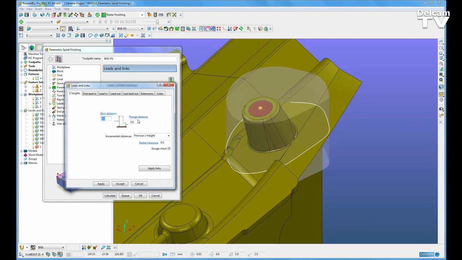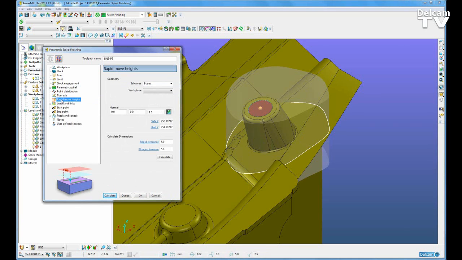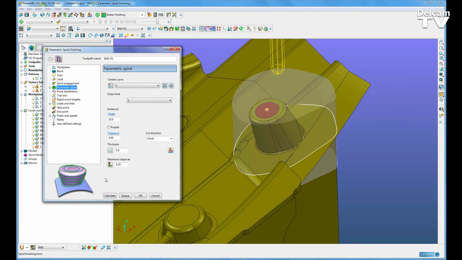I'm using an automatic tool axis, so the first thing I'm going to do is use a surface normal arc. It's 45 degrees, 3 millimeters. The same for the lead out. Apply a suitable rapid move height and a plunge clearance height, and I'm done. I can now calculate the toolpath